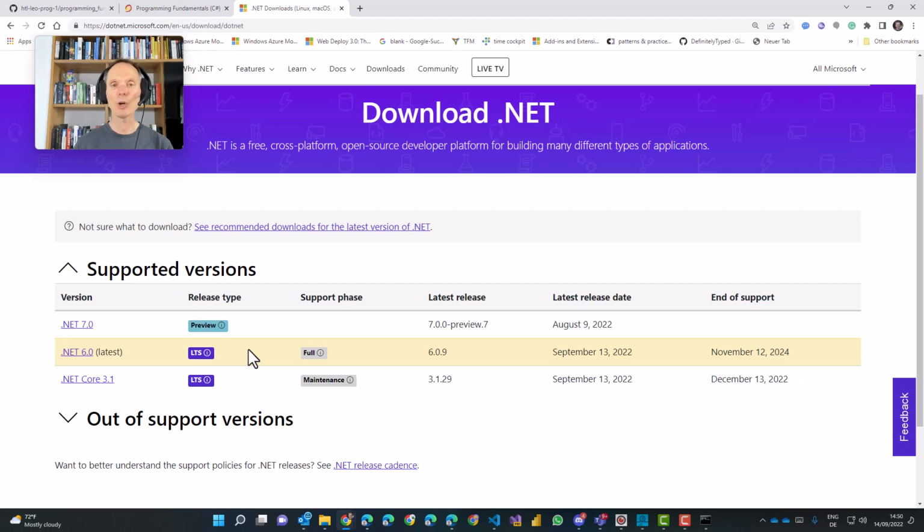And the next version of .NET will be 7.0. That will be the next big version of .NET. The currently available stable version of .NET, we call it stable because it is supported for really critical, performance critical and reliable applications, is .NET 6.